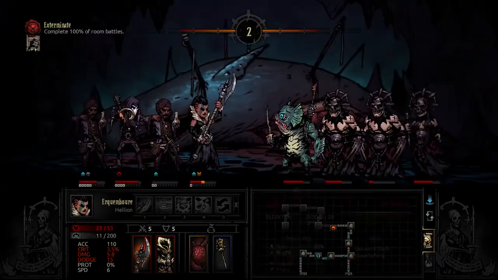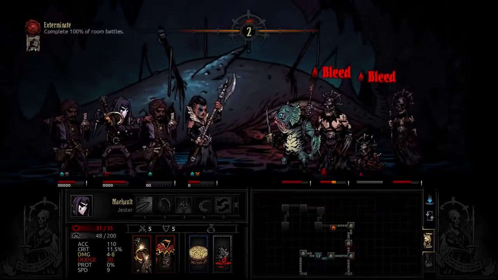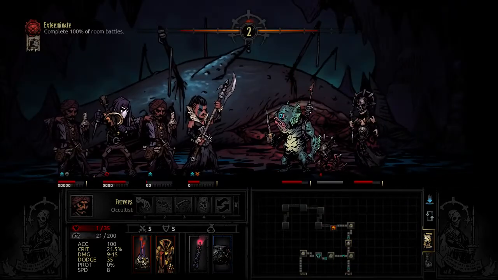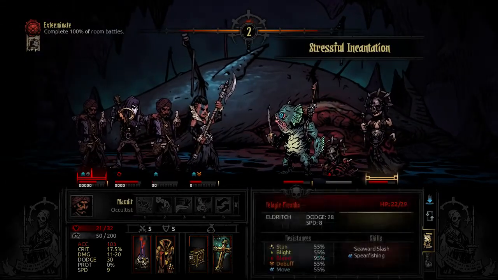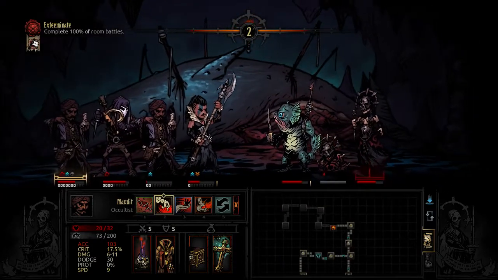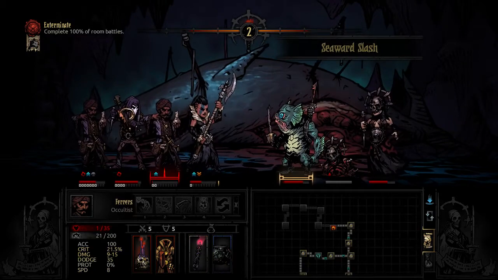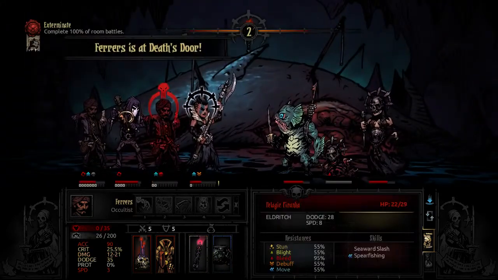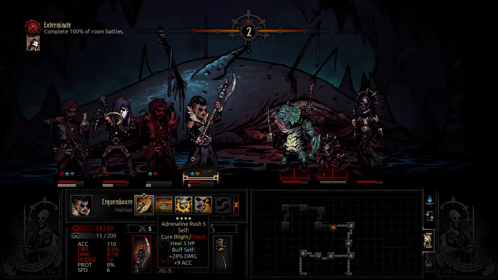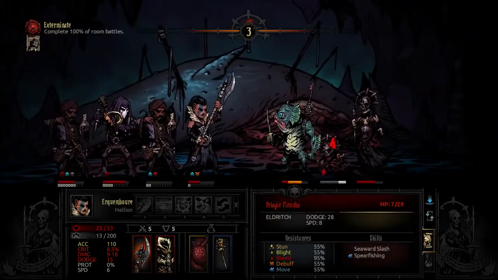A breakthrough is a movement skill. I didn't know that. Alright, hopefully pick up 2 kills here. There, okay. Things are a little bit under control. Stressful incantation I'll deal with. Then we need to put health... Oh, no. Oh. Looks like he didn't pick up a bleed or anything terrible like that. Guess we'll work on that and...